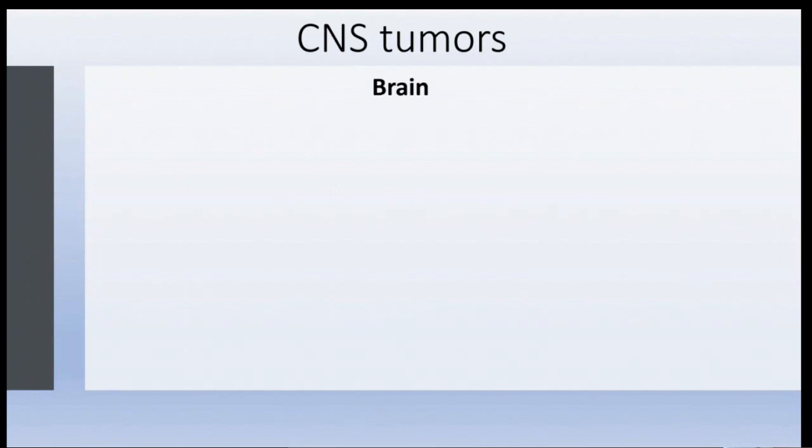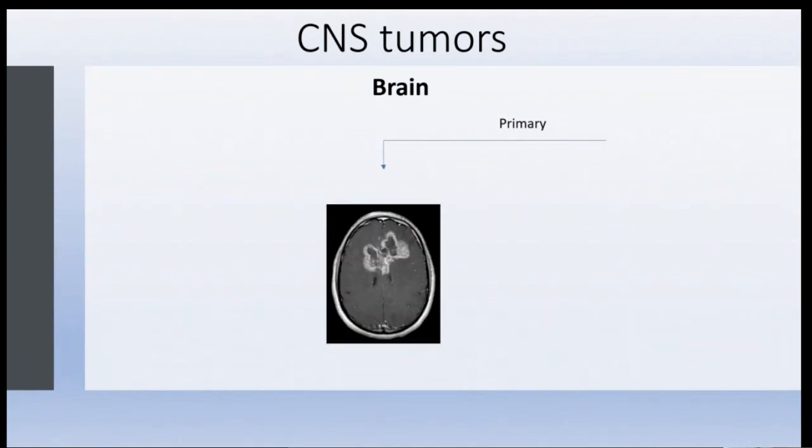As you may all know, we have brain tumors and spine tumors in the CNS, and we have peripheral nervous system tumors like neurofibromas and schwannomas, but these are rare, and that's why we are not going to talk about them today. If we are speaking about the brain tumors, as you all know,